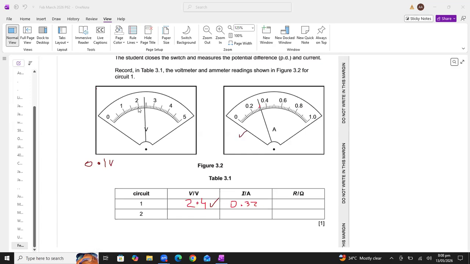And now look at the ammeter. In the ammeter, you can see the center mid is 0. This one is 0.2 and this one is 0.4. So in between, this line is representing 0.3. There are 5 lines, which equals 0.1 ampere. So each line is representing 0.02. So students, this reading is showing 0.32 ampere. Yesterday we recorded these values in class.